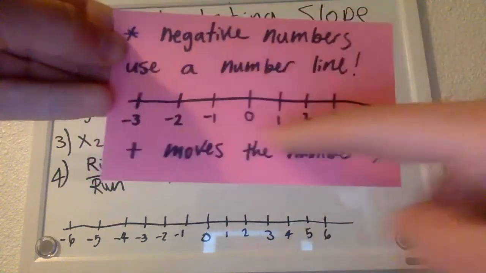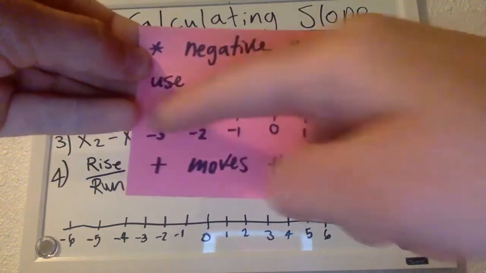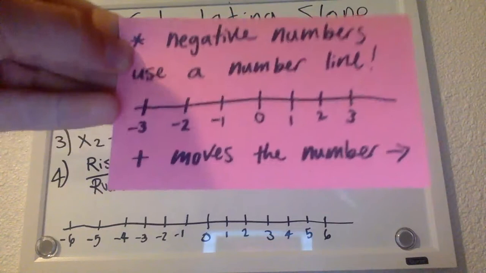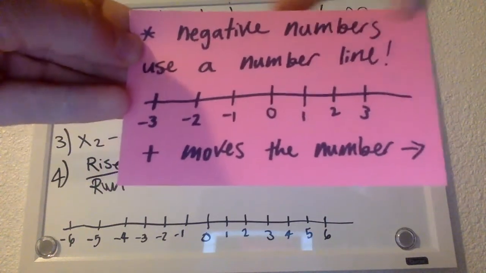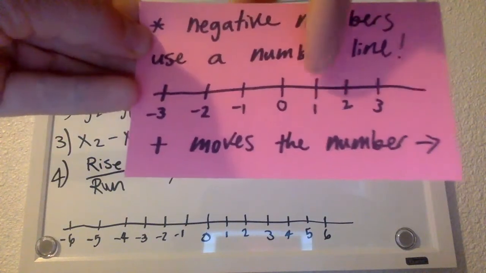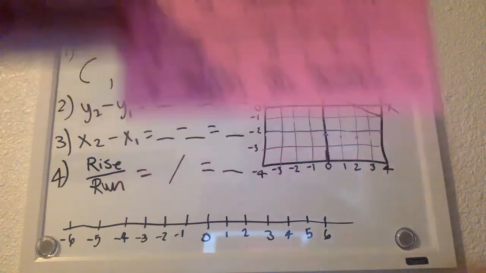So I've drawn a nice little number line. It goes 0 in the middle, positive numbers on the right, negative numbers on the left. If you have a plus, if you're doing addition, it moves your number to the right. So like, let's say 1 plus 1, I would move 1 to the right to get 2. Now,